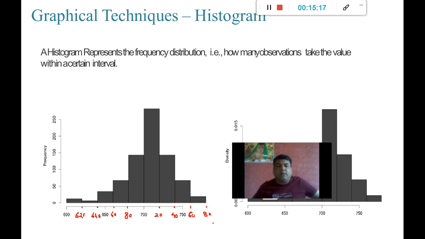These are the bin sizes, either given to us or decided internally. What the histogram does is, after looking at the data, it decides what certain interval will make sense to plot a histogram out of it.